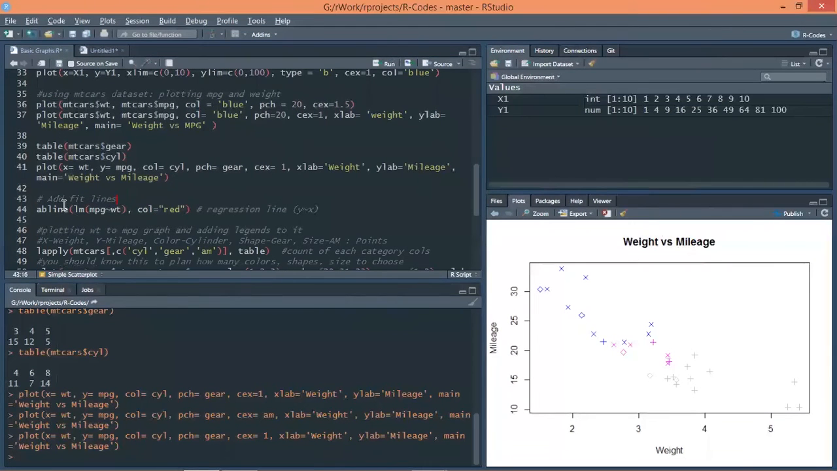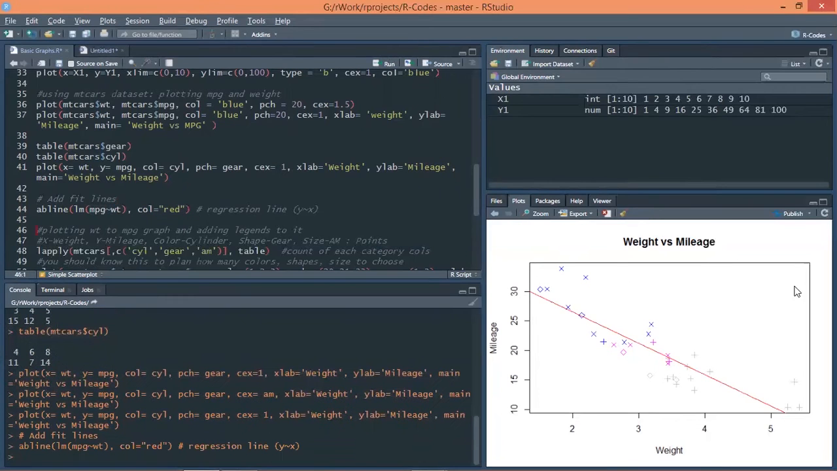Now I will be adding a fit line. The fit line is the regression line that I will be adding to my plot. It will give me a relationship. For that, the command is abline. Within the bracket, the regression analysis is the lm formula, which helps us build a linear model. Within the bracket, it is the dependent variable and the independent variable. So based upon weight, I am predicting mpg, and the color that I want for my line is red. You can see there is a straight line showing a downward relationship between mileage and weight. As the weight of the car increases, mileage is